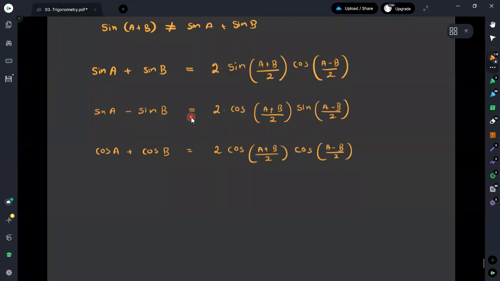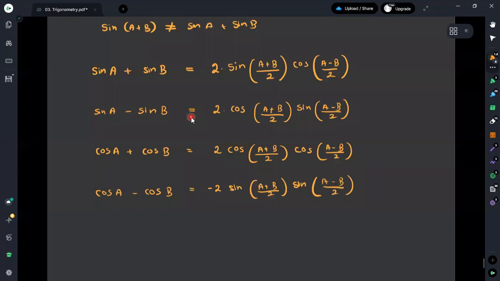And now if you consider the difference of the two cosine values, here we will take it as cosine A minus cosine B. This can be taken as minus 2 times sine (A plus B) over 2 times sine, here we are changing the order, (B minus A) divided by 2. Since we have taken the negative sign, we will write it as it is, (A minus B) divided by 2.